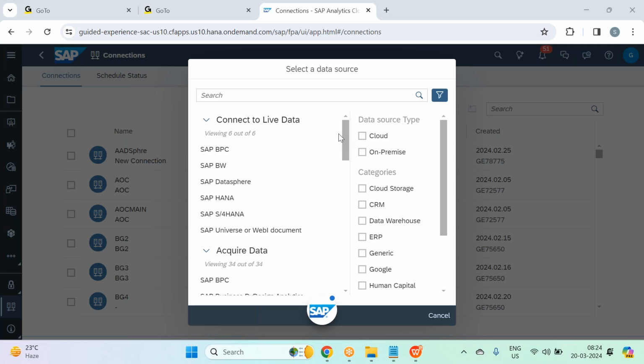I repeat, in case of live connectivity, we actually consume the data models present in your backend systems, and we really don't perform any data modeling in Analytics Cloud. So SAC is purely used as a reporting solution here. I'll tell you, guys, if you connect with a BW system, we'll consume the BEX queries, which is